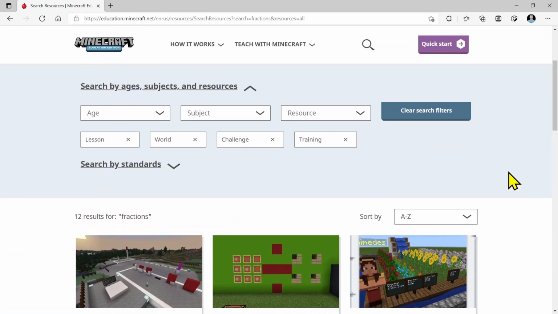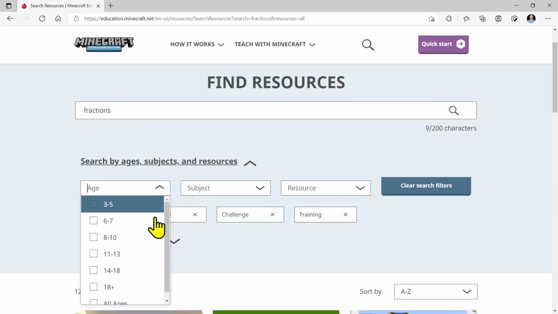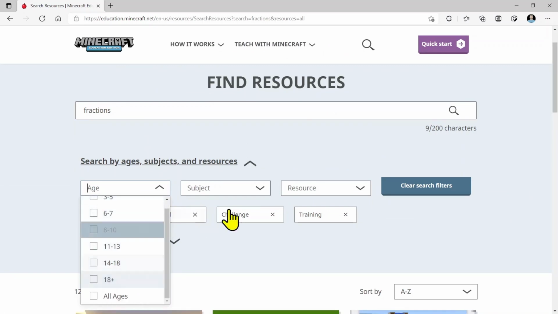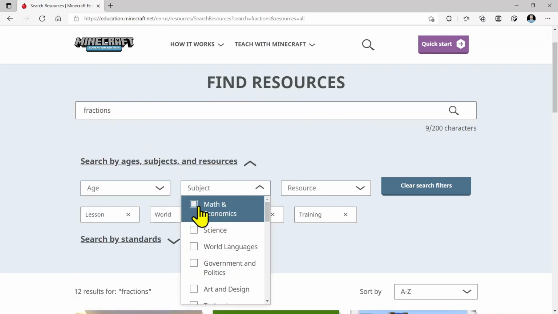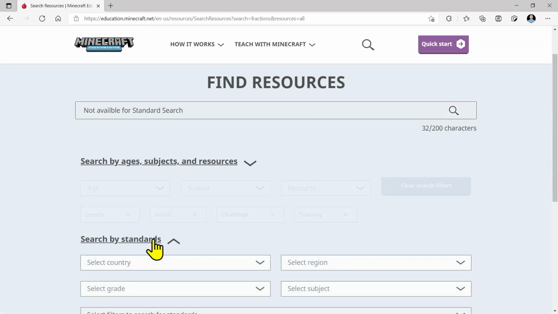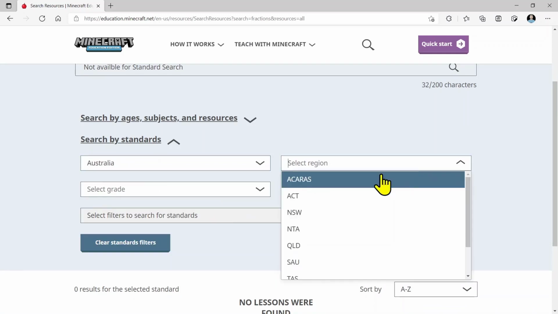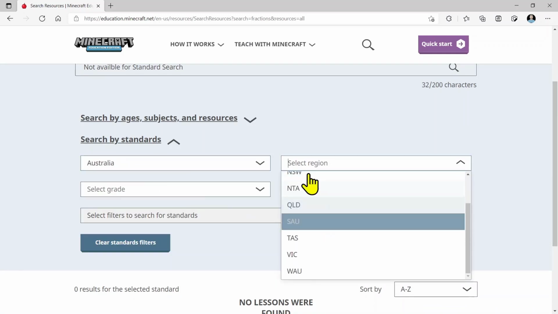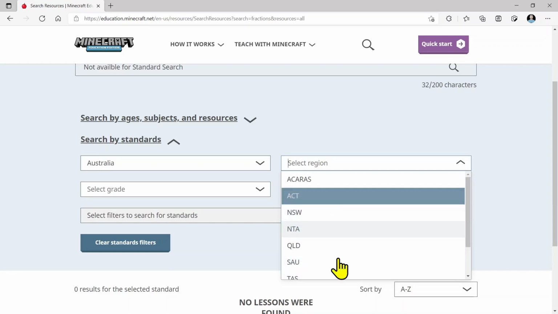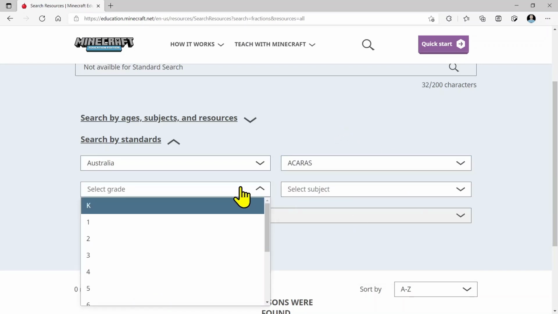What we can also do is search by age range. So we can choose the age range of our students. We can choose the subject, so maths, for example, in this case. And we can also search by standards. So if we choose Australia, we can either choose the Australian curriculum or the state or territory specific curriculum. Let's just go into ACARA and let's look at, for example,